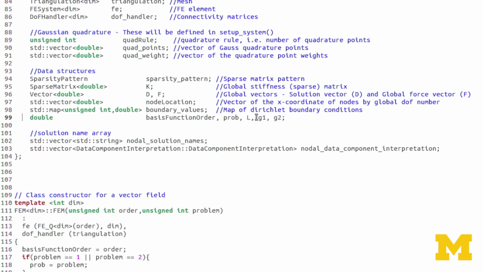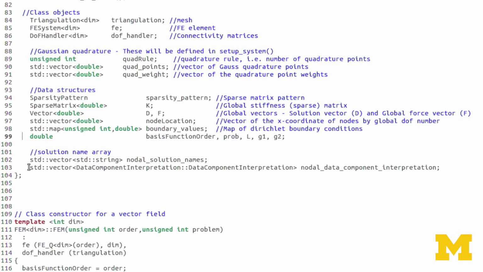Then I have L, which is the length of the domain, and G1 and G2, which again are the Dirichlet boundary values, G1 at the left and G2 at the right. Now under here, solution name array, these are just vectors that have to do with the output, so you actually won't be dealing with these at all. Let's stop this segment here, and in the next segment we'll start looking at some of these functions themselves.